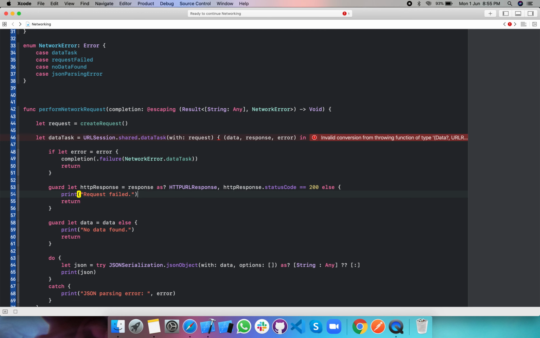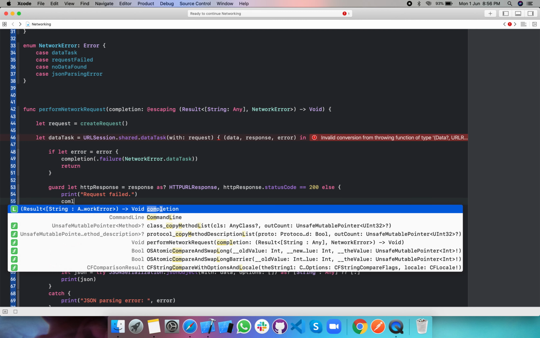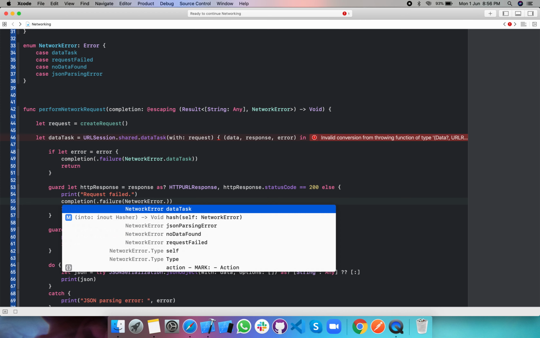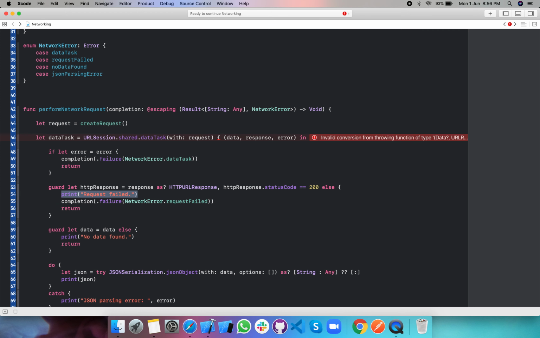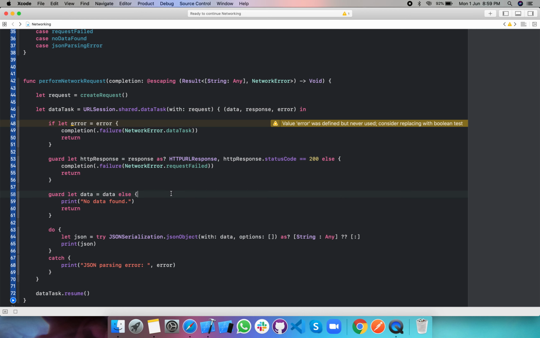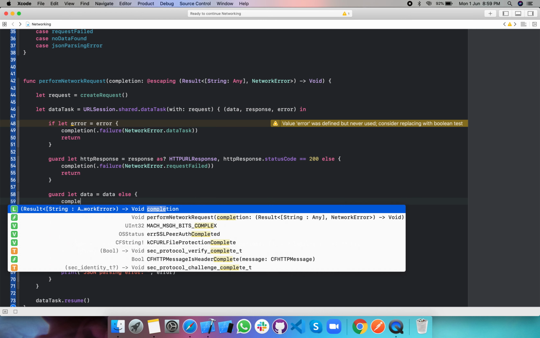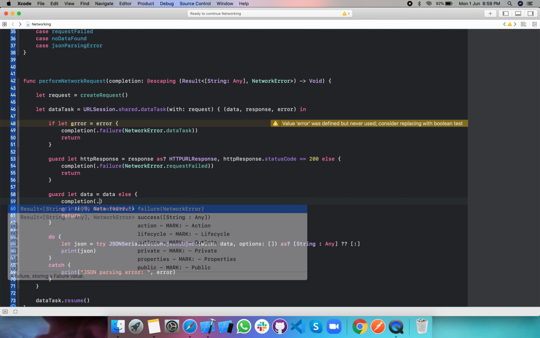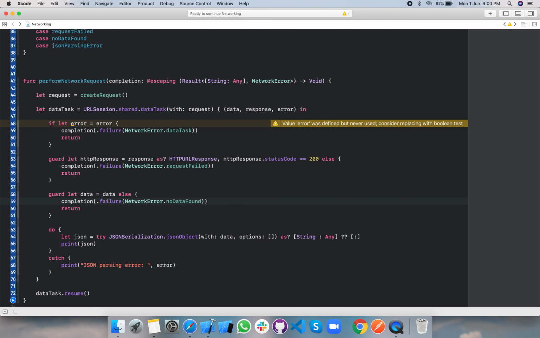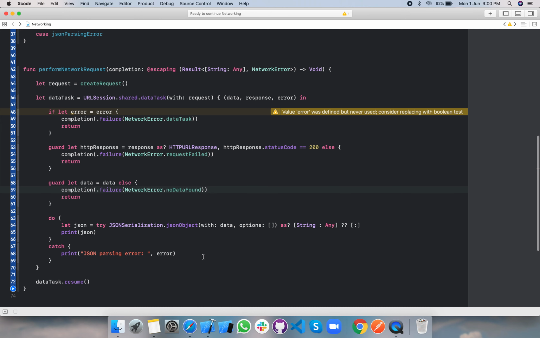Similarly, here we can say completion.failure, NetworkError.requestFailed. We can remove this line. We can write completion.failure, NetworkError.noDataFoundError from here.